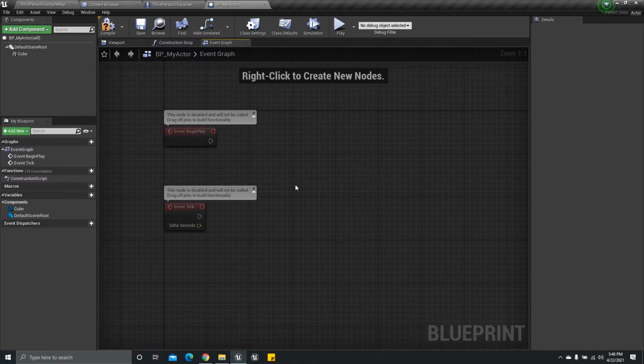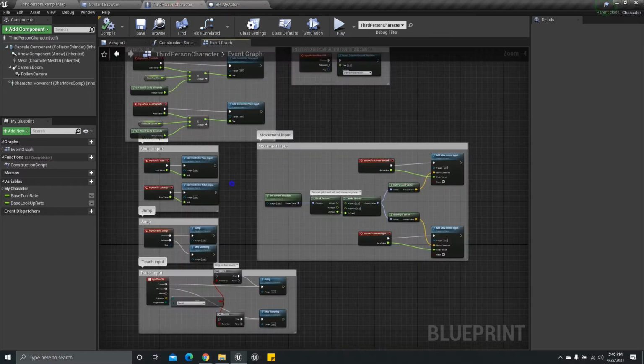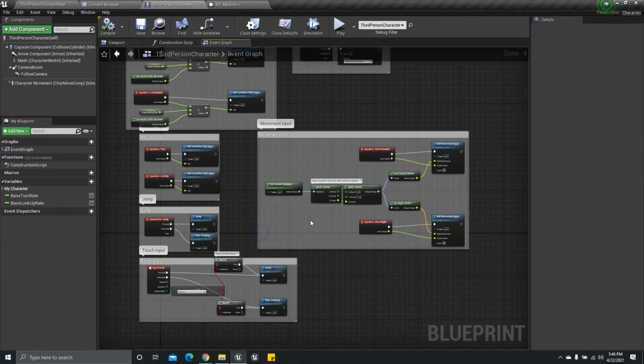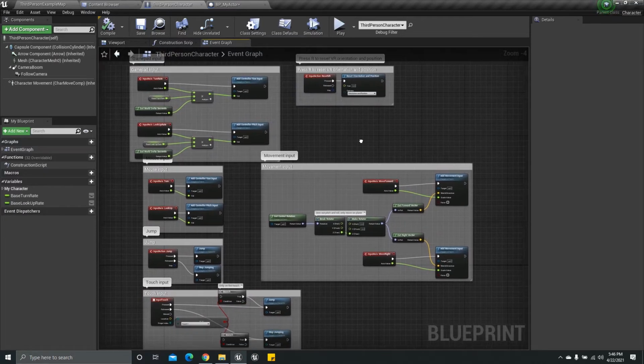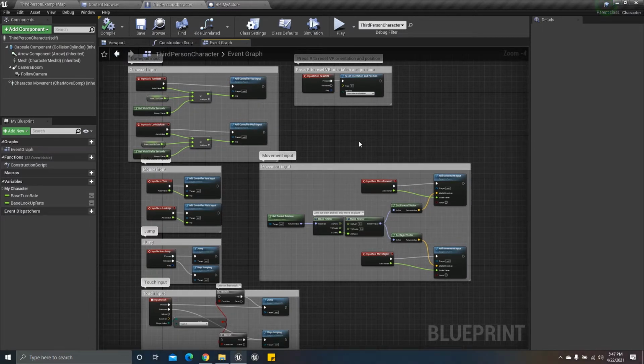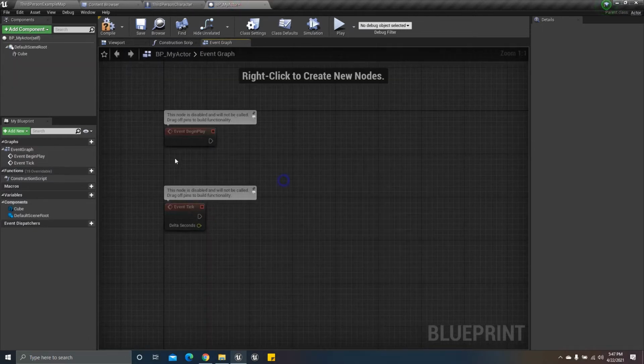So those are the events. Unreal follows color coding to represent and differentiate all these events, nodes, variables, and functions. This is the third person character, and you can see red, green, blue, black, grayish, and other kinds of color. All these colors represent their own type of data, node, function, or event. Basically, an event is shown through this right arrow and this red node.